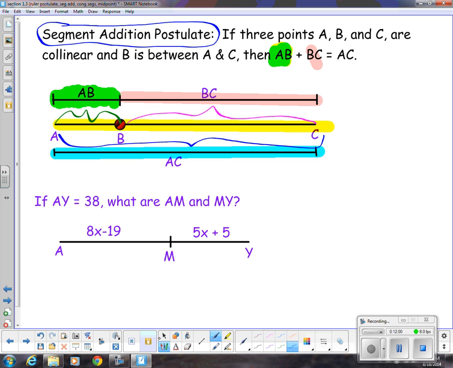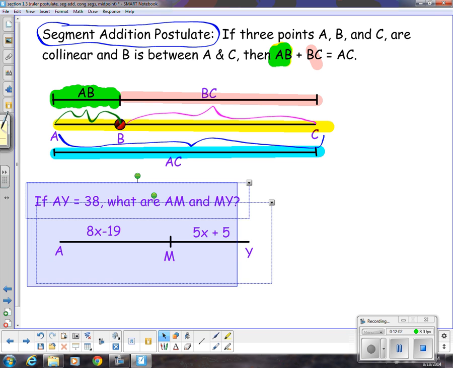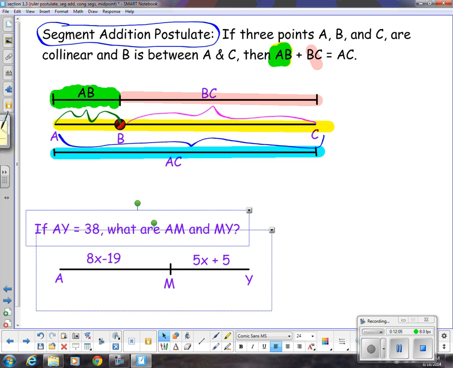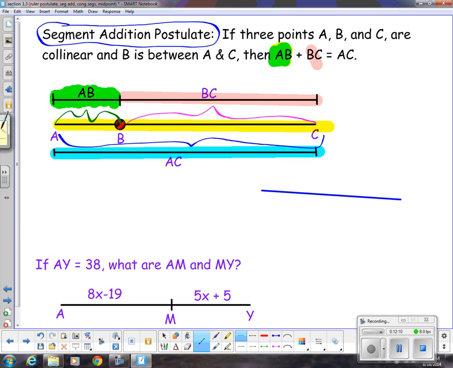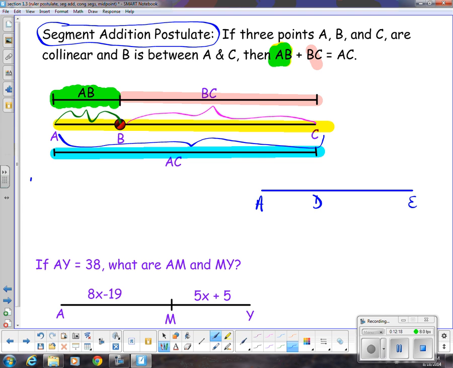Now, I kind of jumped straight into algebra. So let me not go straight into algebra. So let me give us a segment. If I told you this is A, and this is D, and this is E, and I told you that AD is 8, and DE is 4, and I want the length from A to E, then you would